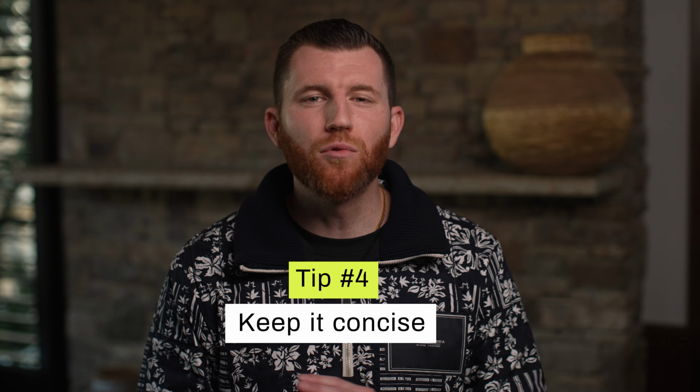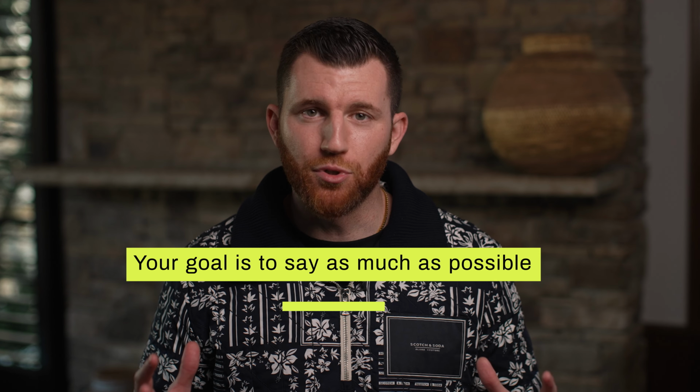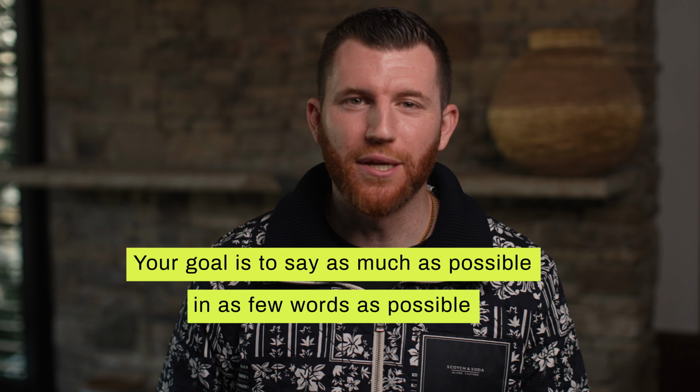Tip number 4 is keep it concise. Don't stress out on how many sentences are in your email. There's a lot of research about it, but at the end of the day, your goal is to say as much as possible in as few words as possible. This actually comes from, and I'm gonna nerd out a little bit here, a poetry class that I took in college. The whole point of the class was to dissect how people can have a ton of meaning in short